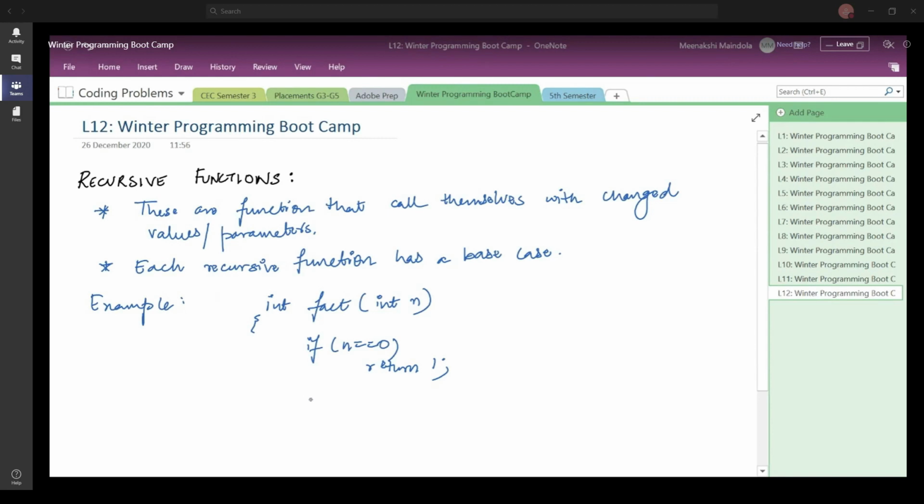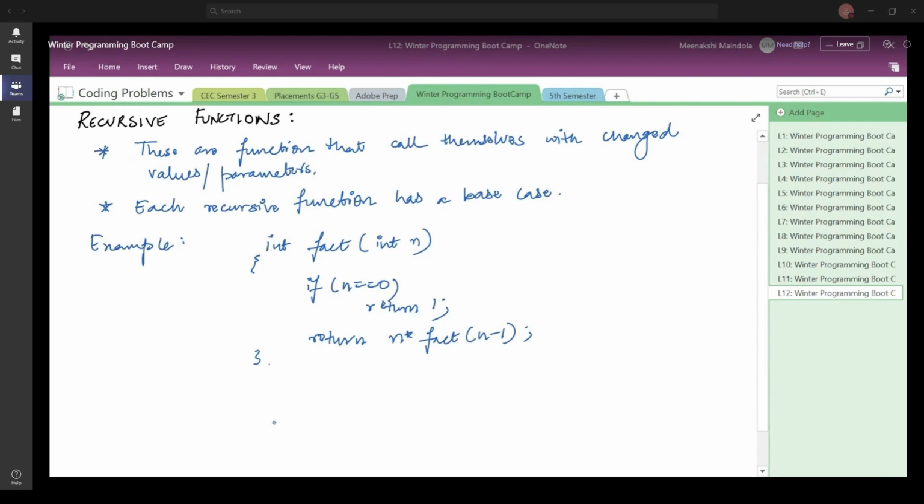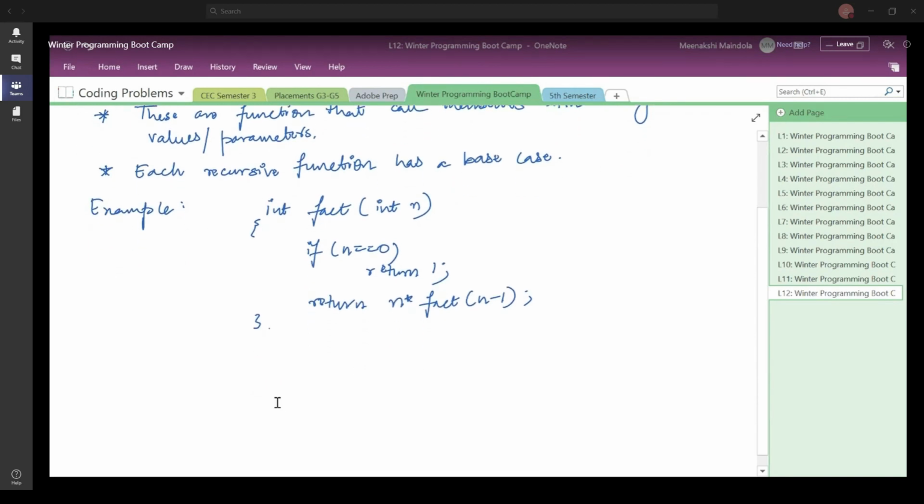And otherwise, what do you do? You return n into factorial of n minus 1. Right? So this is a recursive function. This factorial function is a recursive function because it is calling itself with changed parameters.